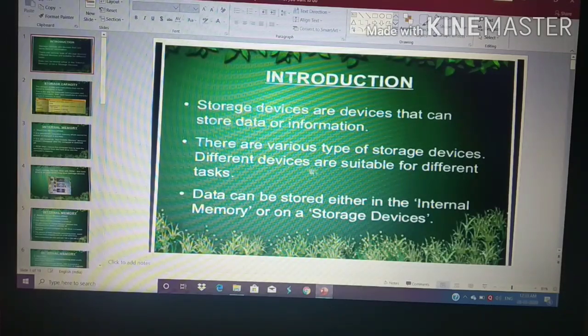So different devices are suitable for different tasks. Data can be stored either in the internal memory or on a storage device. Okay, now before